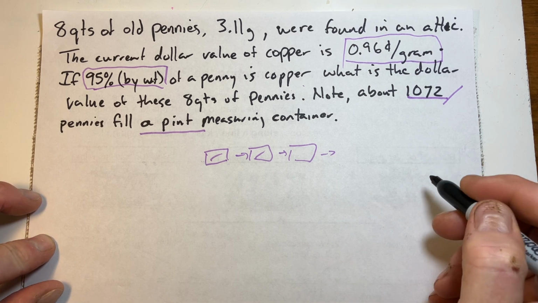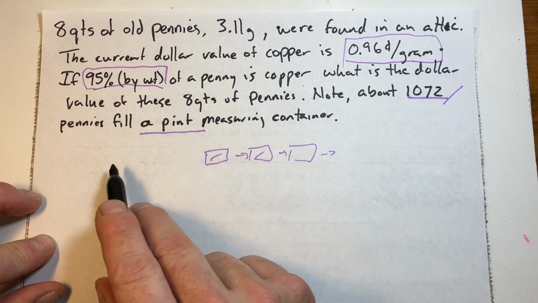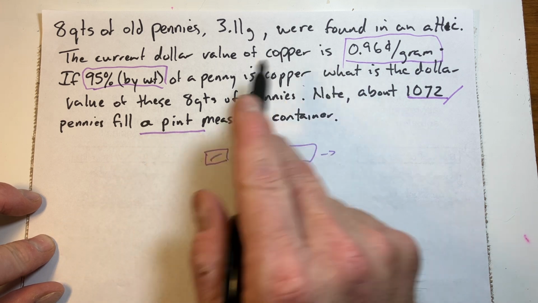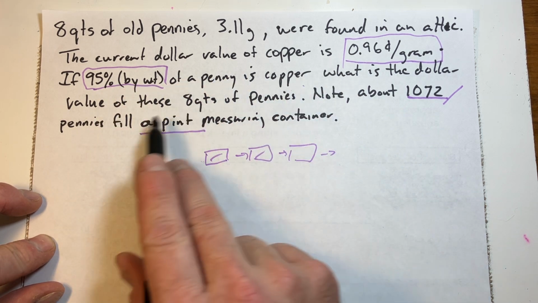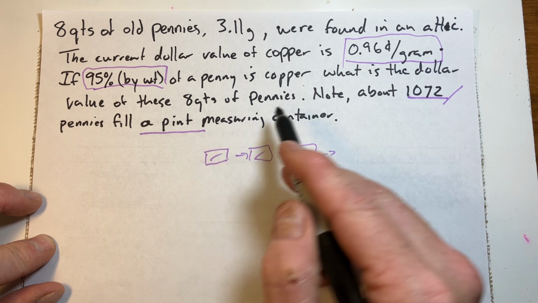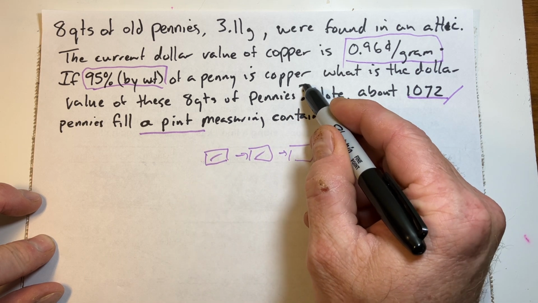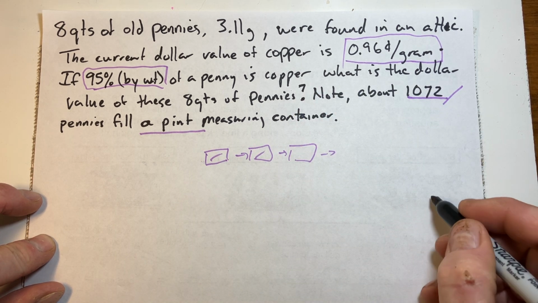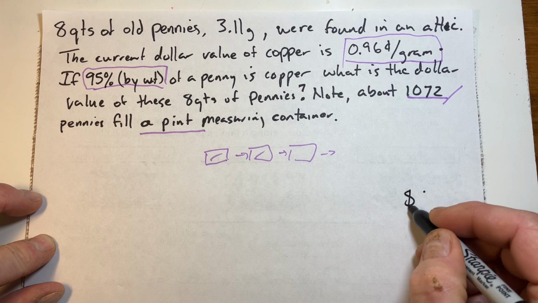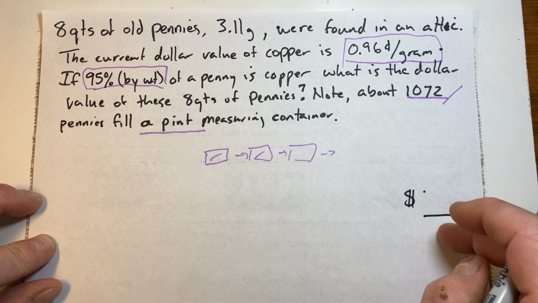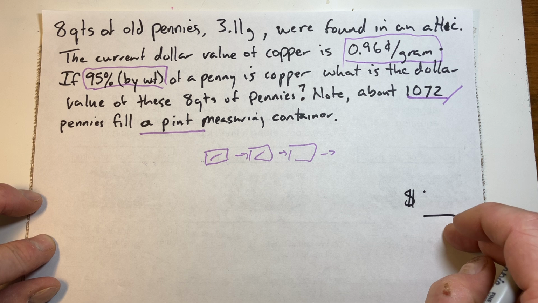So let's find the end point. It says, what is the dollar value of 8 quarts of pennies? So they should add a question mark there. So they're wanting to know the dollar amount you would have of those 8 quarts of pennies that are in